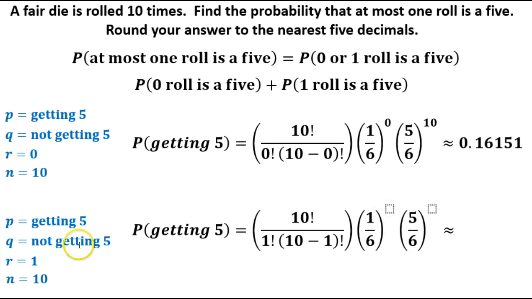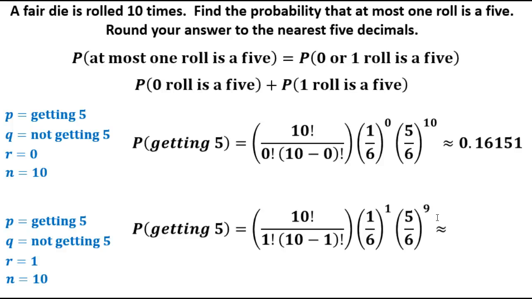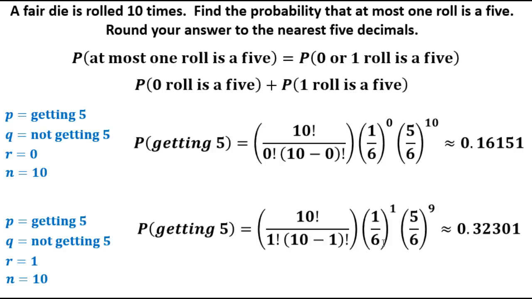Okay, so our R value will go right here. This one's going to be a 1. And then over here, this will be a 10 minus 1 this time, which actually gives us 9. So we're using the same exact, in fact, if you look at these two, they look almost identical. The only difference is really right here. This is the number of successes. Before we had 0, now we have 1, which reduces this one down by 1. Okay, and again, you can plug that into your calculator. If you do, you find out that this is your probability of getting just one of those rolls being a